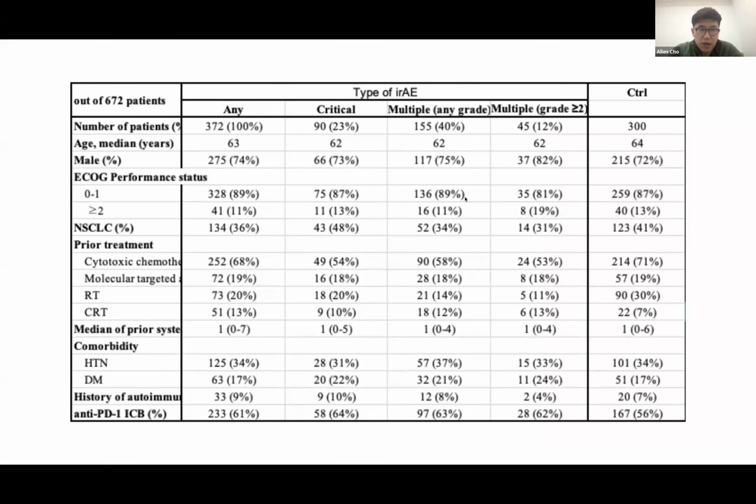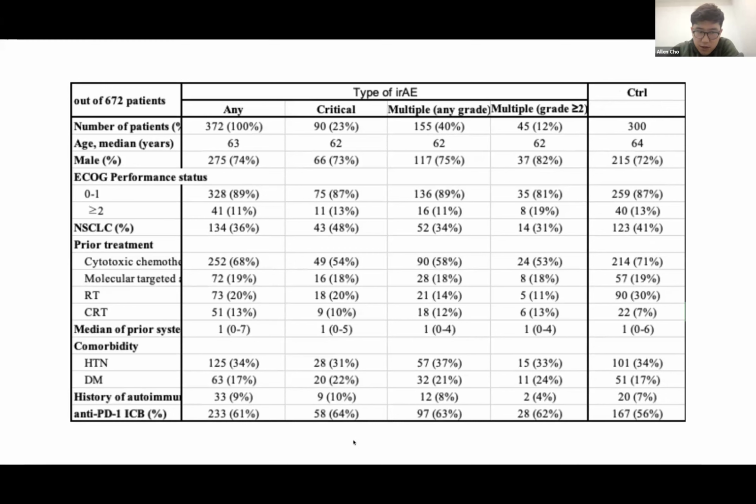And then just another table related to the adverse events. So the control, Dr. Chae, it was a total of 672, and then 372 developed side effects. 300 ended up not developing side effects. So this does make it kind of confusing, but it's just the organization of all of the adverse events within the patient group.